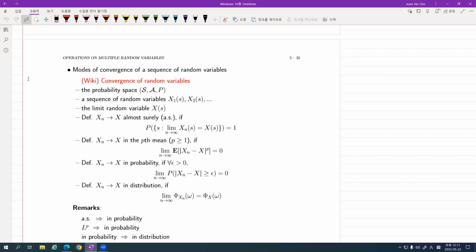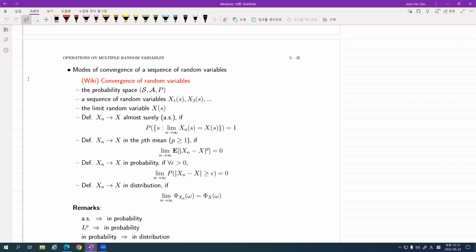What's the difference? They all involve probability. Even though this one apparently does not, expectation is always what? Summation of value times probability. So we have probability, probability, probability, and probability. Because the characteristic function or CDF is also the probability of something. And almost sure does not have what? Something outside. Just probability equals 1, right? And even the limit is inside this argument, right?